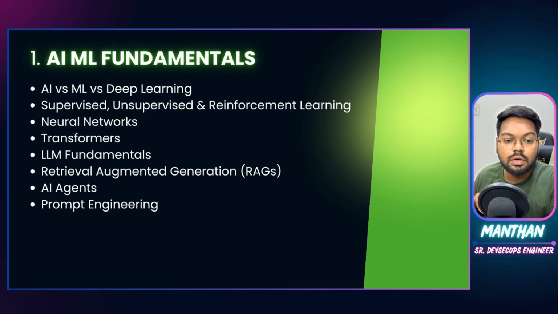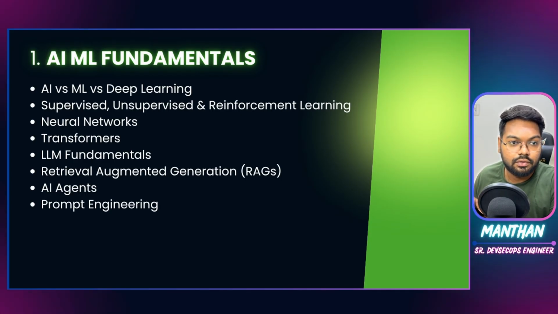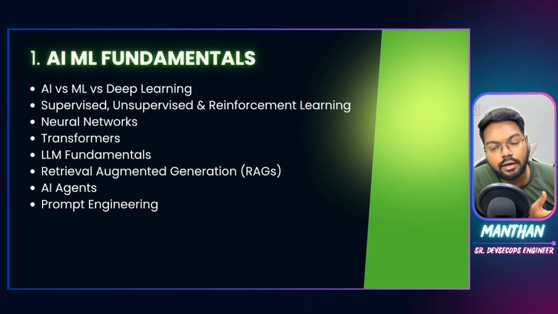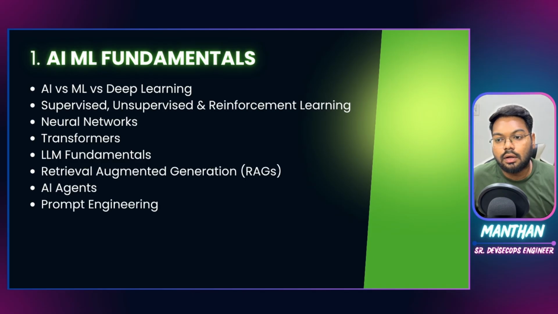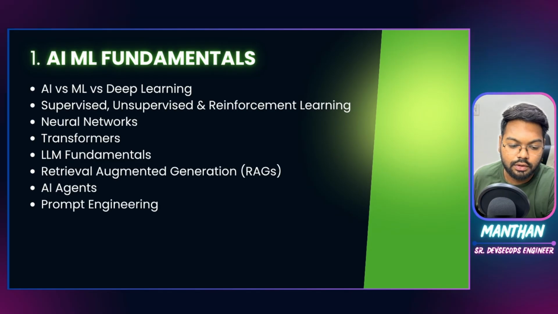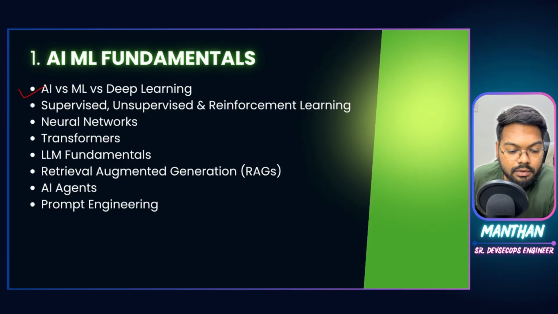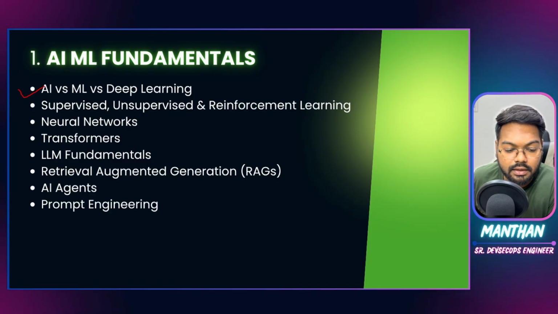Some models are trained for prediction and text generation. They give out text, and then some are trained on creating images, videos, slides, PPTs, demonstrations, something like that. So as the models differ, the security patterns would also differ. That's why you need to have the information of these fundamentals. You need to know the core difference between artificial intelligence, machine learning, and deep learning. Then you need to know the learning methods, like supervised, unsupervised, and reinforcement learning for models.